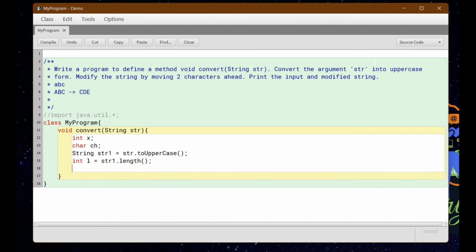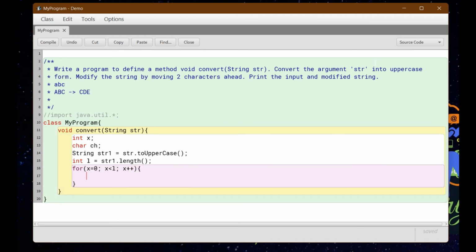Okay, or you can take this str1.length inside your for loop, that is also okay. All right, then take your for loop here. I already declared x, so x is equal to 0, then x is less than l, then x++. Okay, now first we have to extract the character. For extracting the character, my character variable is ch. So ch is equal to